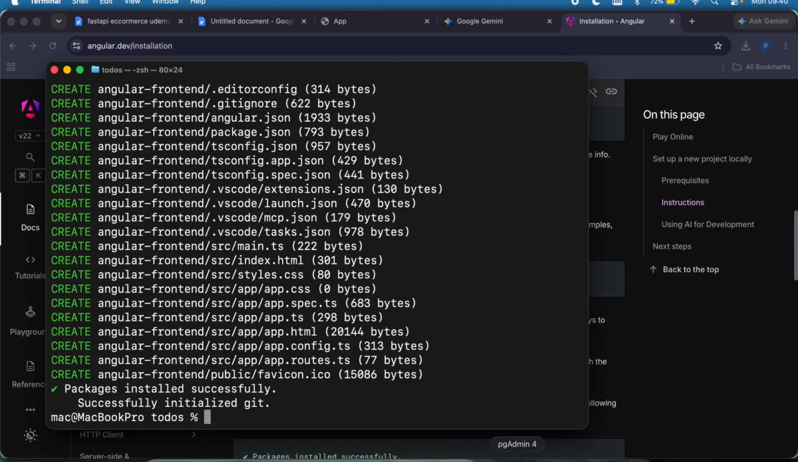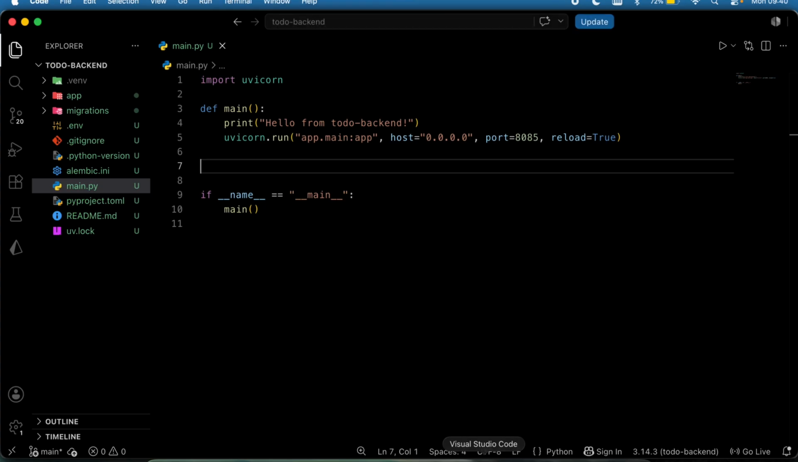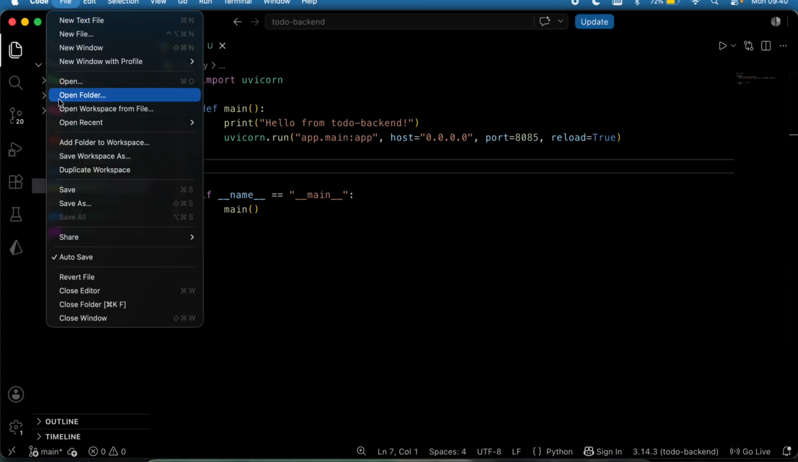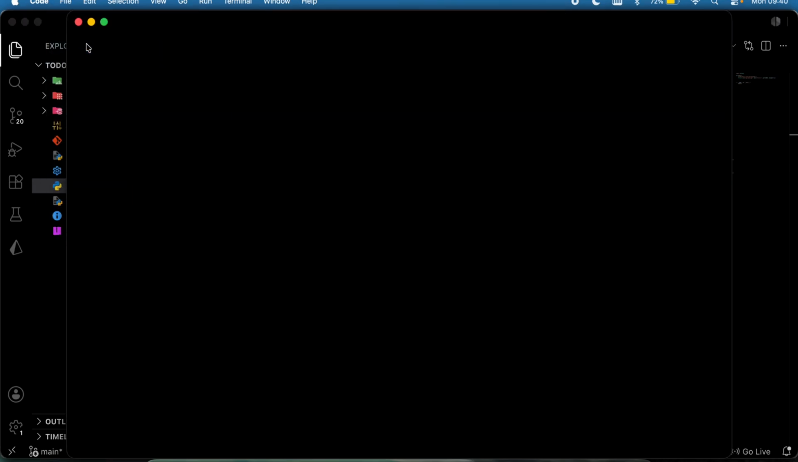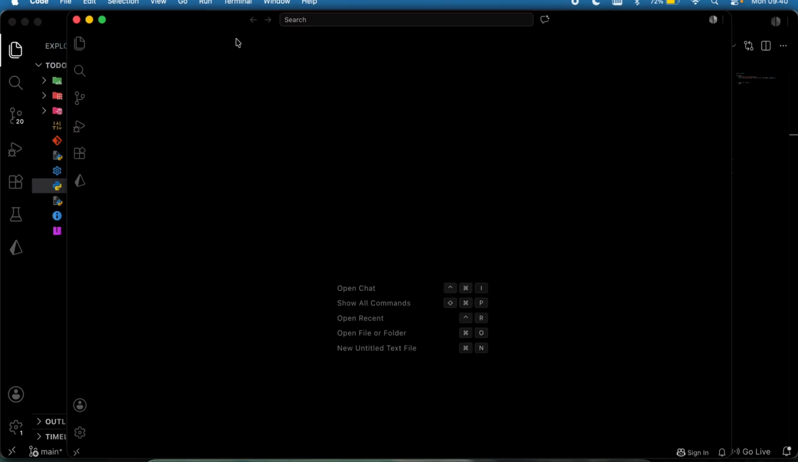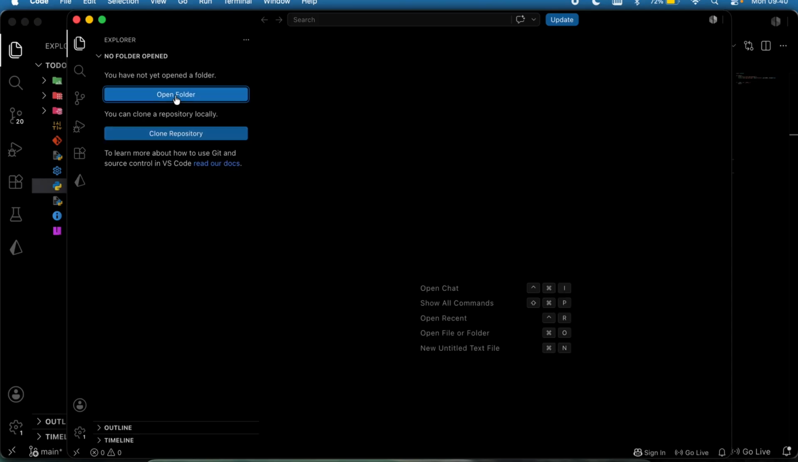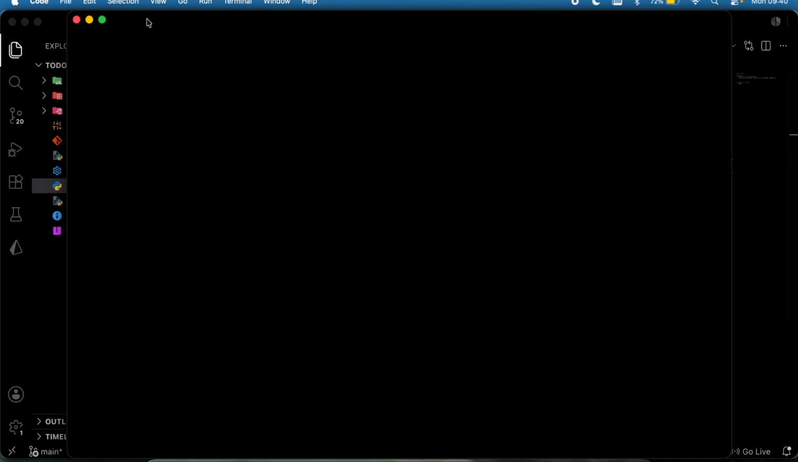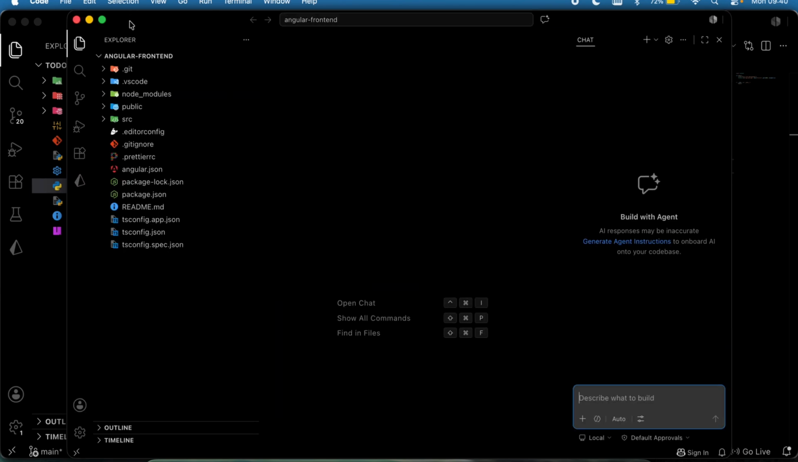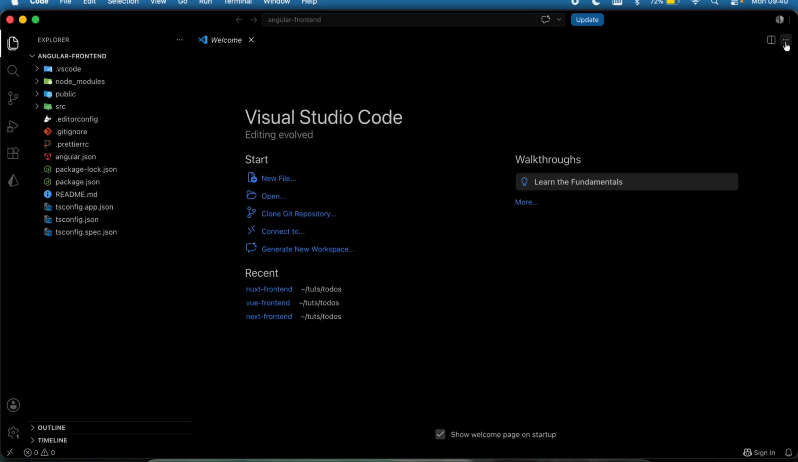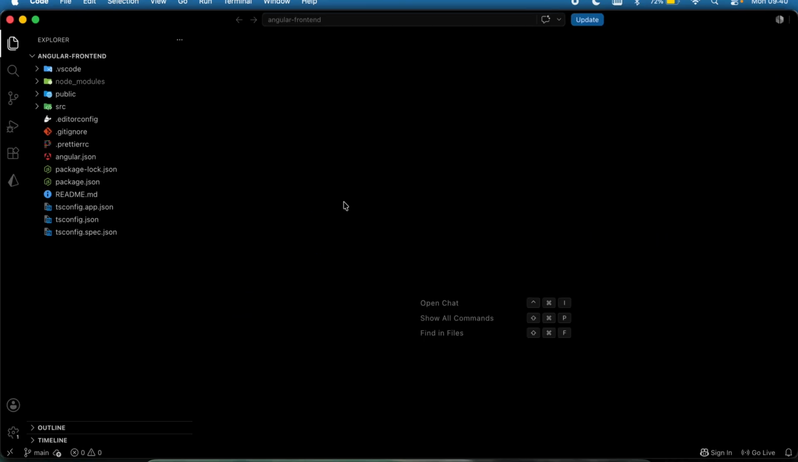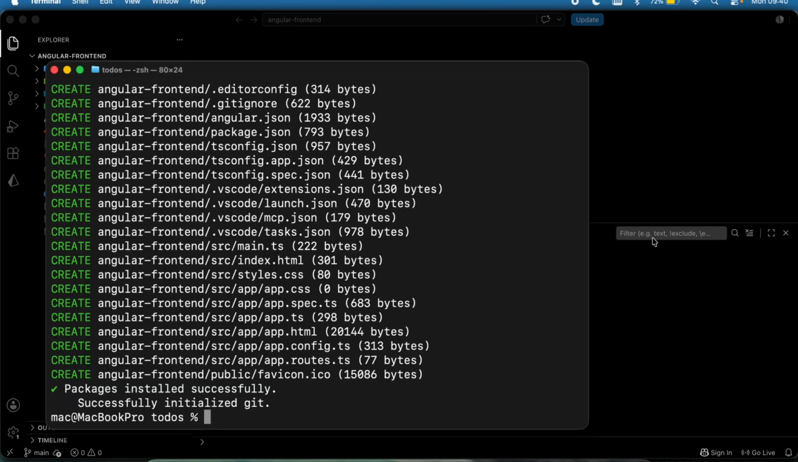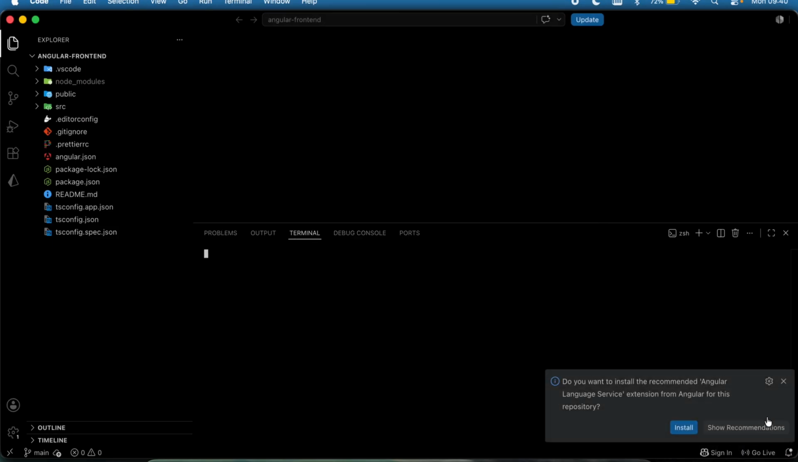The project has been created and I'm going to open this up in my Visual Studio Code. I'm going to come to my Visual Studio Code right here and click on the new window. Then I'm going to open the folder project, and that was in todo, and that was called Angular front end. So this has been opened up and I'm going to run this by coming right here, opening the terminal,